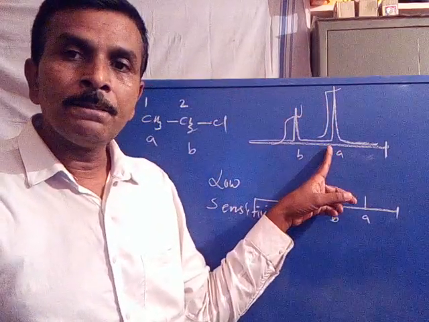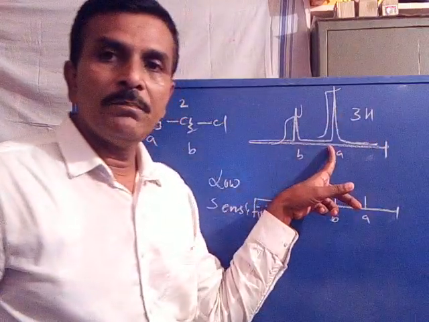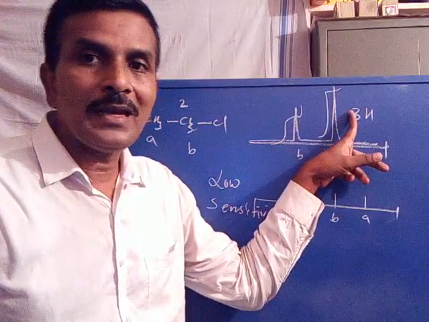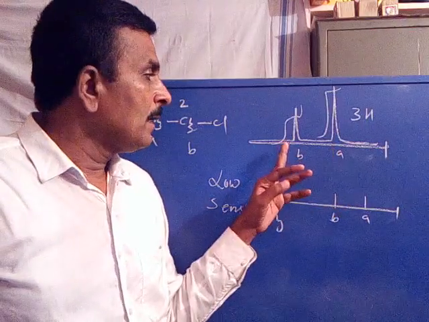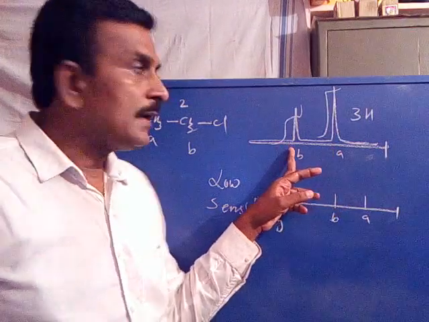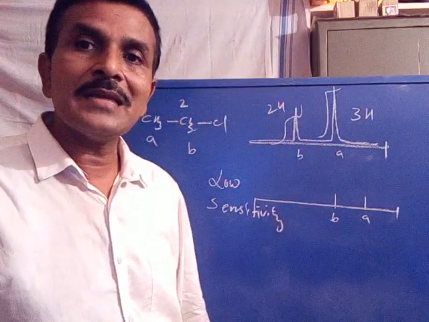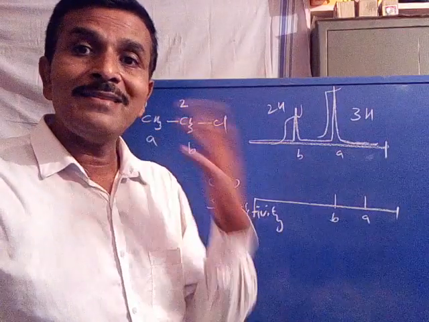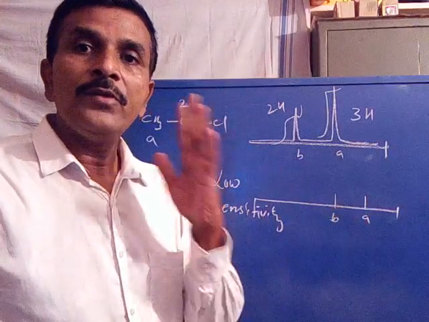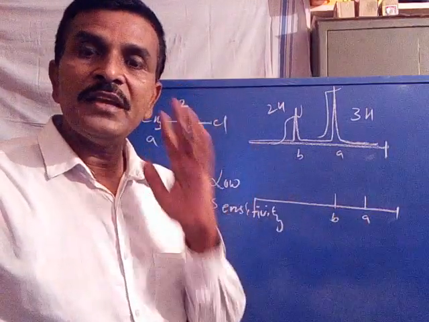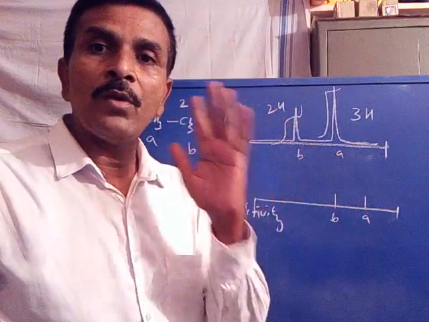On integration, the first signal indicates there are 3 protons. By the process of integration, we can find out the 3 equivalent hydrogens existing in the first signal. By integration of the second signal, it indicates there are 2 equivalent protons in the second signal. So due to high sensitivity of proton, its signals appear sharp and intense. With that, the integration of a signal becomes very easy in order to identify the number of equivalent protons present in each set.